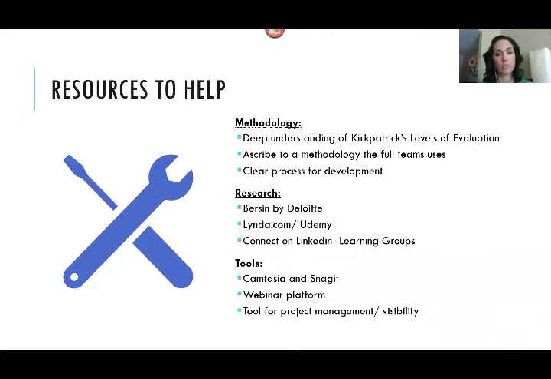I actually, in my past role, used Smartsheet, and really cool product. And we were able to share that up to the CEO, the CFO, the CMO, whoever wanted it. So they could always see where we were with any project. And we were able to communicate with them so that we were able to put together reporting on that very easily, which might be one of your metrics, how much content you're creating. So put something in place to help you with that.